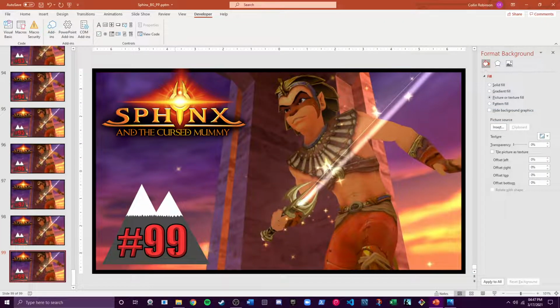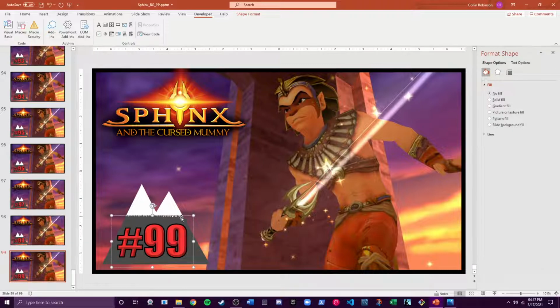So that would be an issue if you have triple-digit episode numbers. But all the way up through double digits, it's fine for mine. And if you don't have this mountain thing as your background, then the triple digits is perfectly fine. You just mess with the box size and the positioning will be the same. You can set anything you want as a background. You can even set a background for the numbers here if you want,